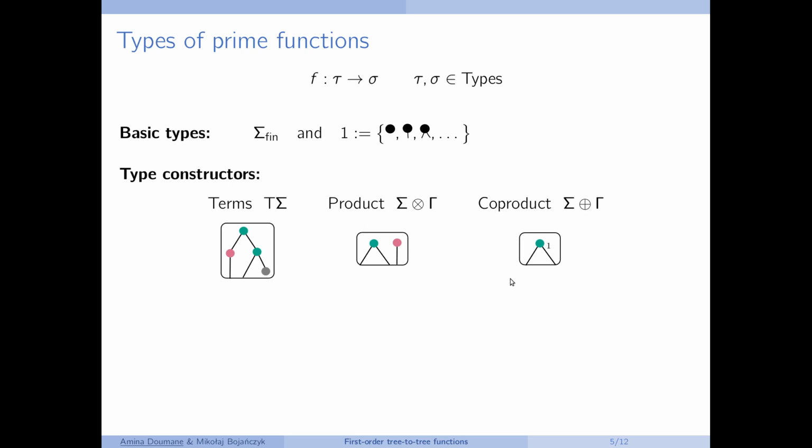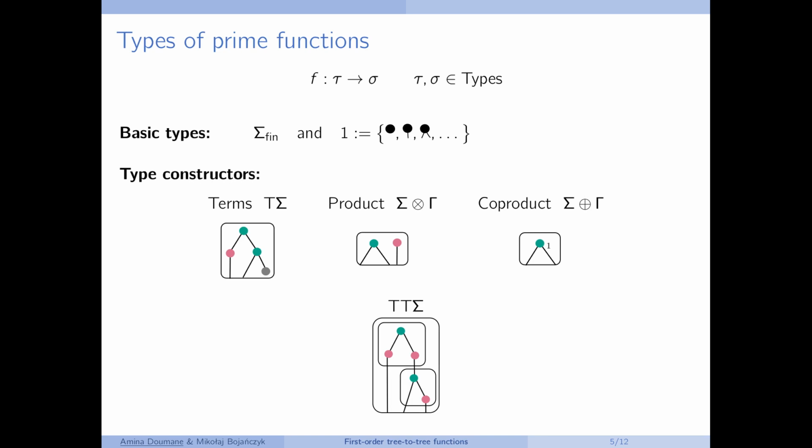The third type constructor is the coproduct. So an element of sigma plus gamma is either an element of sigma or an element of gamma. And here we add an index, either 1 or 2, to say from which copy comes the element. And again, the arity is inherited from those of sigma and those of gamma. Actually, we have another type constructor, but I'm not going to explain it here in this presentation. I don't really need to make it explicit, but of course you can check it in the paper.